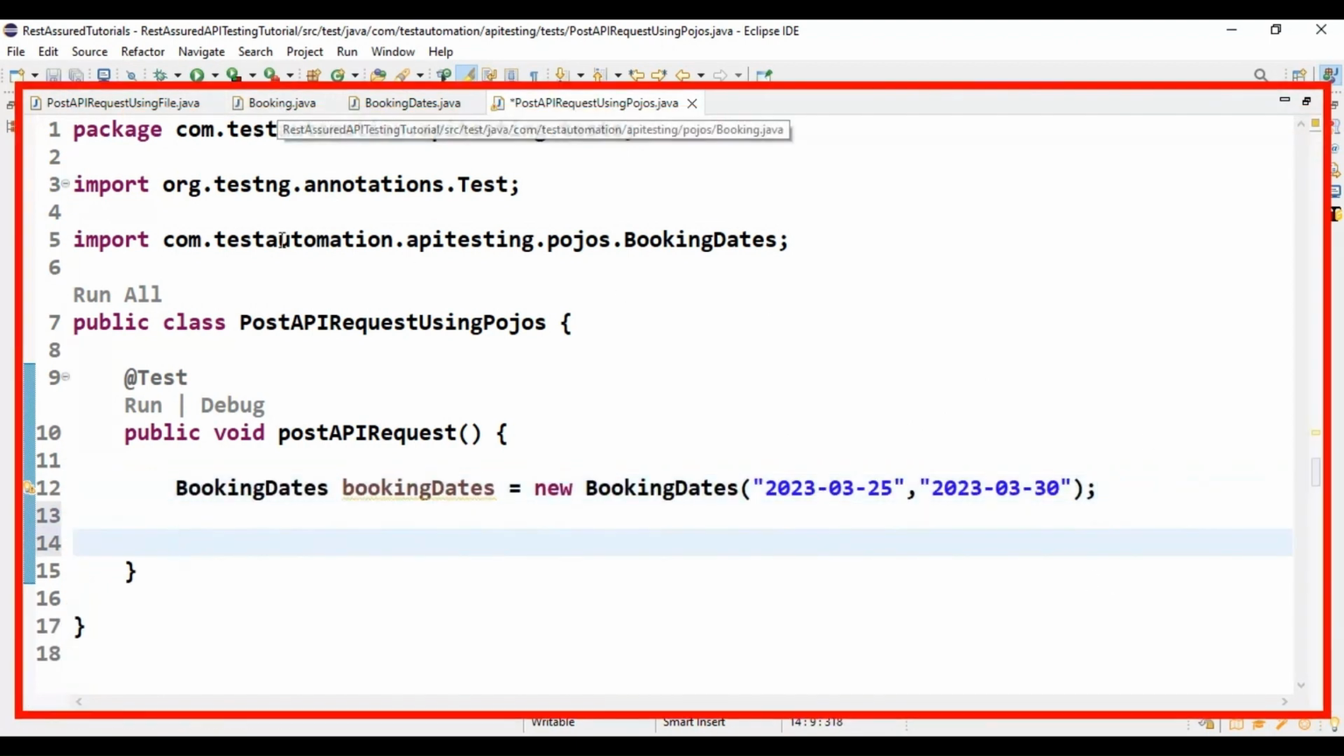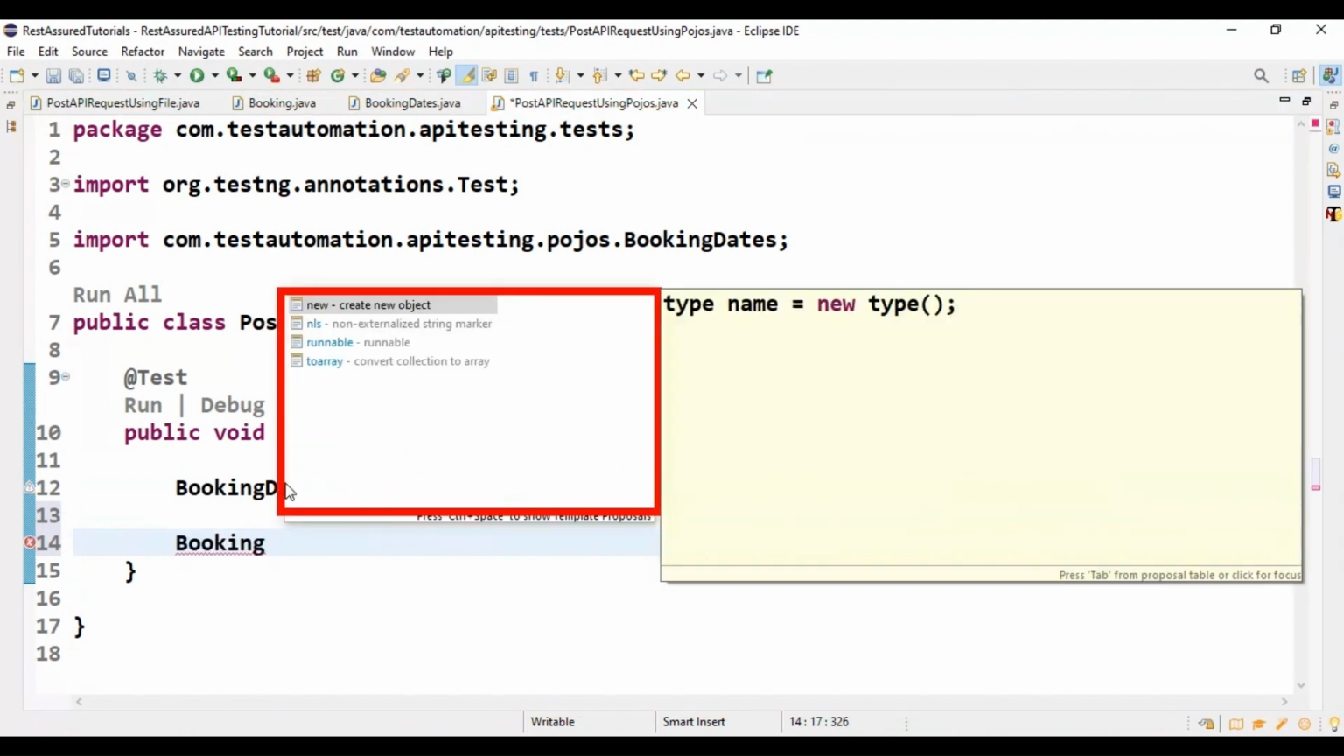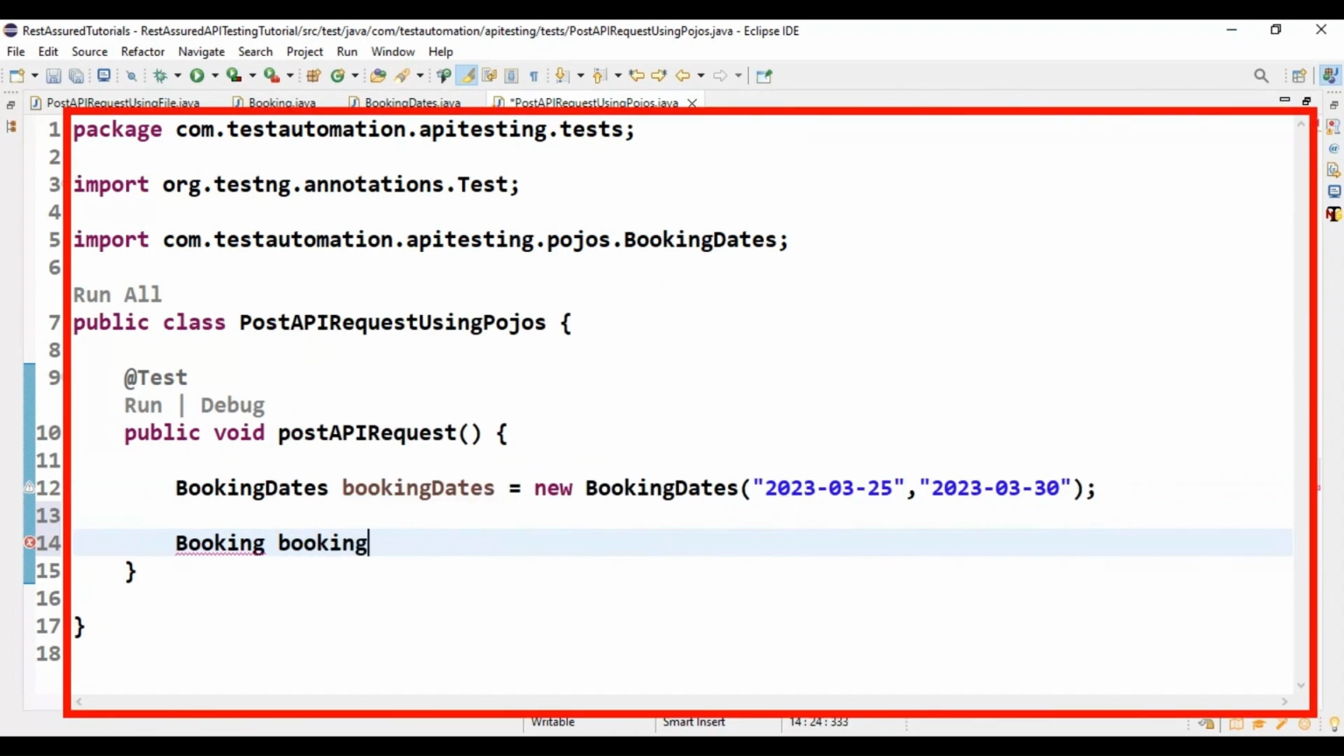and we will create another Java class object that is of type booking. So here I'm creating the object of booking, and here I'll say new, followed by that I'll say booking. So firstly we have to pass the first name to the booking class constructor, that is API testing, I'll say here,